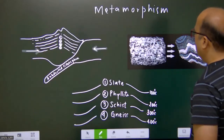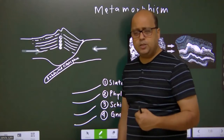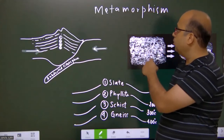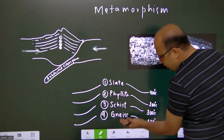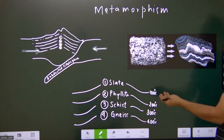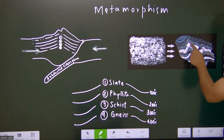Now, we're going to see how metamorphism happens. It happens due to the compression of pressure and temperature. Because of the pressure and temperature, the real features of the rocks change. When their properties change due to pressure and temperature, we call it metamorphism. Depending on the degree of pressure and temperature, different types of rocks form, from slate to gneiss, under the surface. And normally in metamorphic rocks, because of the compression, we have these designs which show